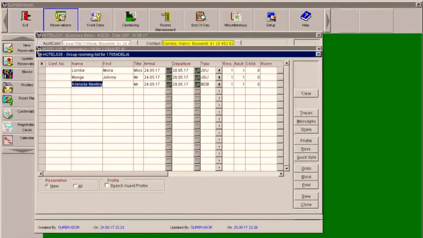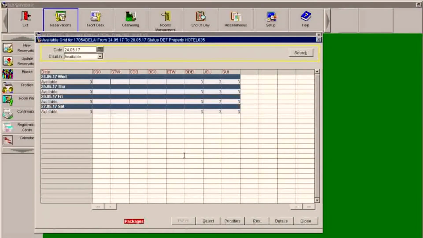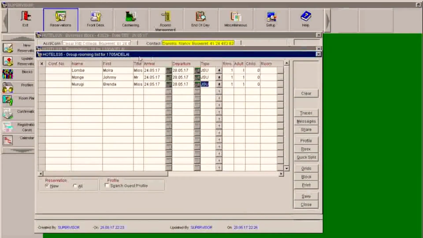Click on the third line, we will enter Miss Brenda Muruji. She is also a miss. You change the title and again the room type, because she's also taking a junior suite. She's taking a junior suite, so we still have, right, so we enter the 3 guests here for the junior suite. What I will do, I will just save, and I will get the confirmation number for the 3 guests, so